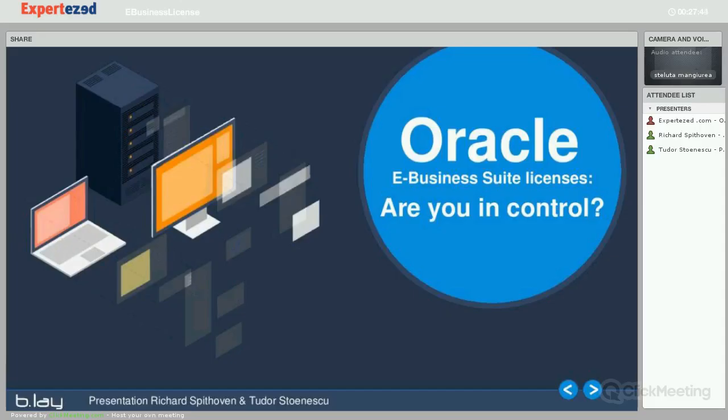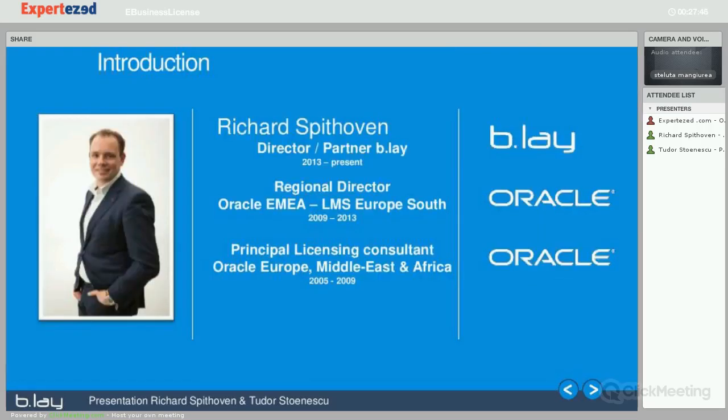In Oracle, we're now going to focus on the business suite. And for those people that do not know me, my name is Richard Spithoven. I'm one of the managing partners within a company which is called B.lay. B.lay is a company that is supporting end users to manage software licenses in a proper way, and doing that